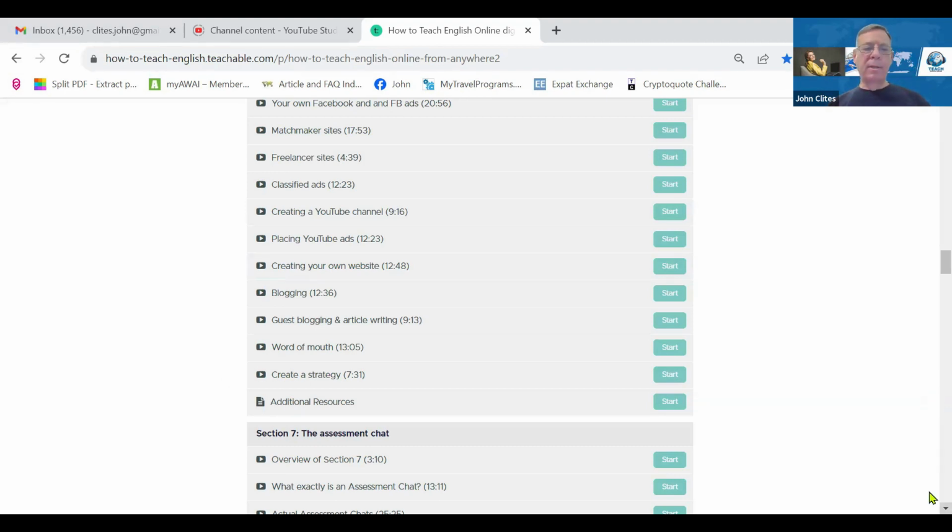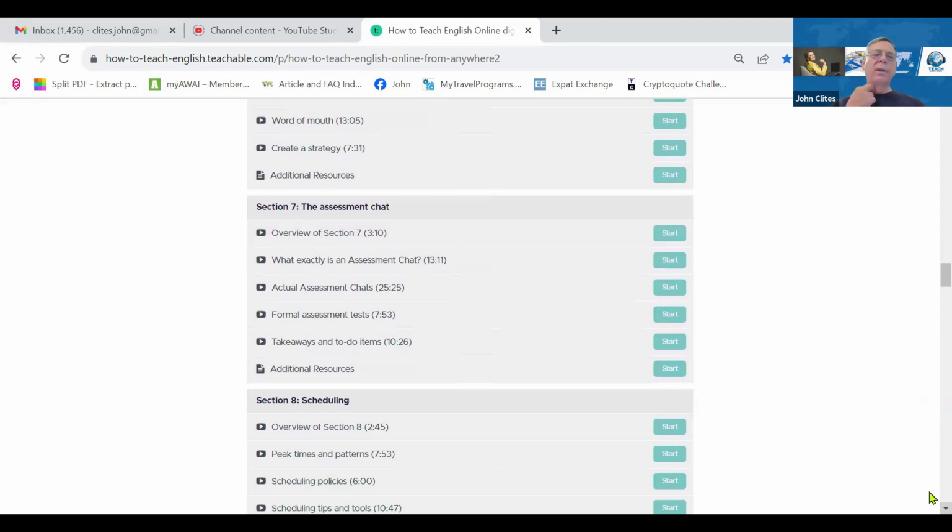Let's move on now and talk about the assessment chat, which I've mentioned. So what is that? It's very much what it sounds like. You're assessing a prospective student, and I like the word chat rather than interview or something like that, because it's friendly, right? It's light. But the assessment chat is a chat that I hold with prospects before I accept them as students. It's always free. It's worth giving away. You'll see why in a minute. And it's typically around half an hour. Okay, but time well spent.